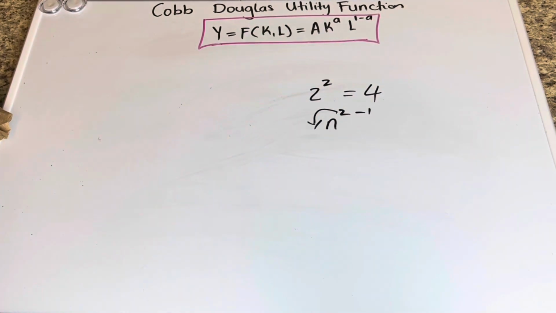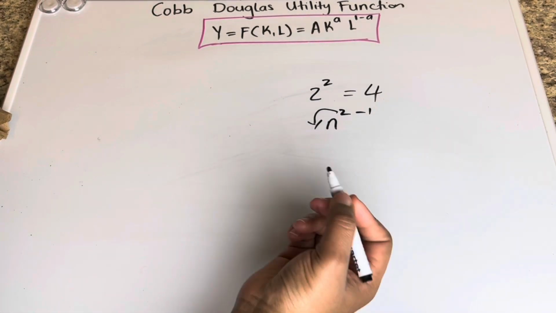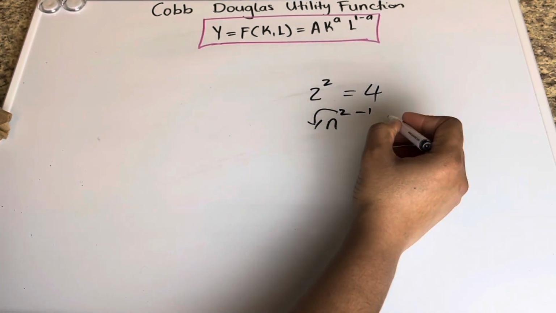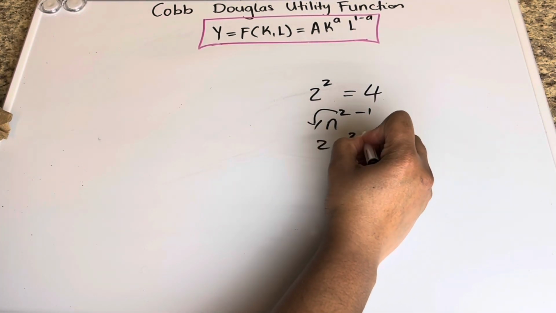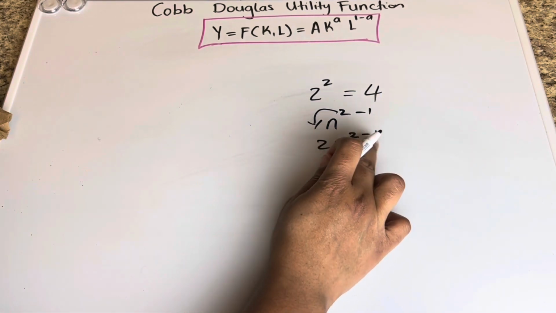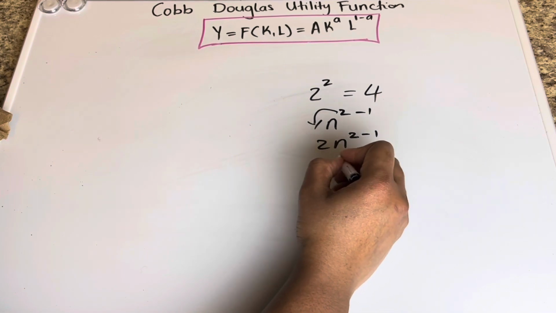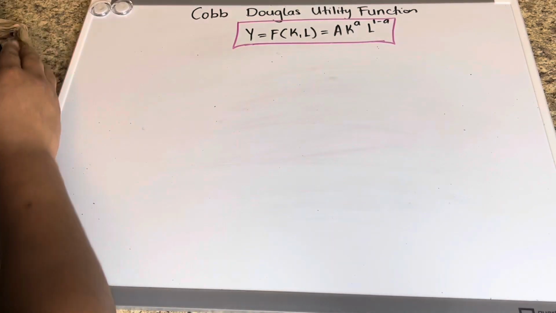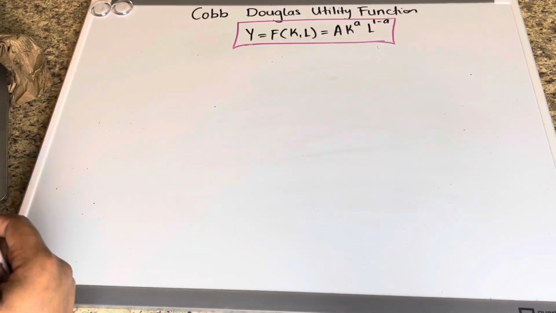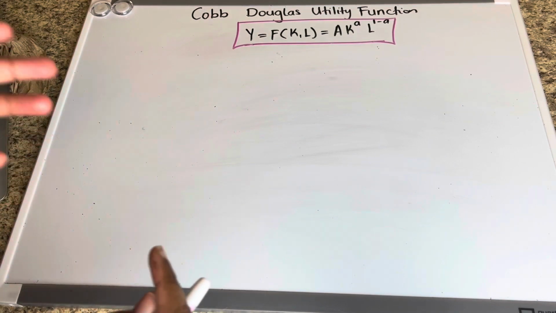Let me use 2 separate colors to differentiate what we're doing. Let's continue with this example. This then becomes 2n, and then this is 2 minus 1. 2 minus 1 is simply 1, and n to the power of 1 is just n, so we get 2n. That's one example. To start, we've already discussed that the exponents should naturally sum to 1 in any given